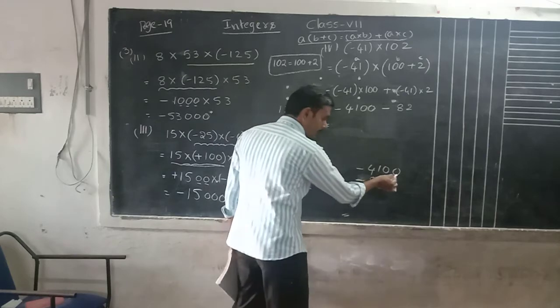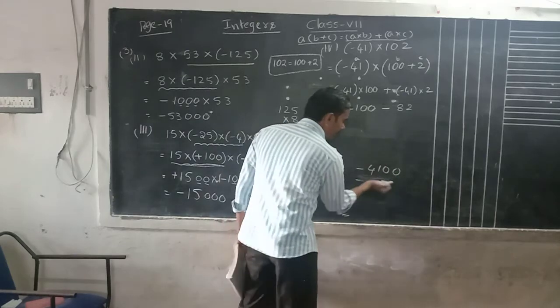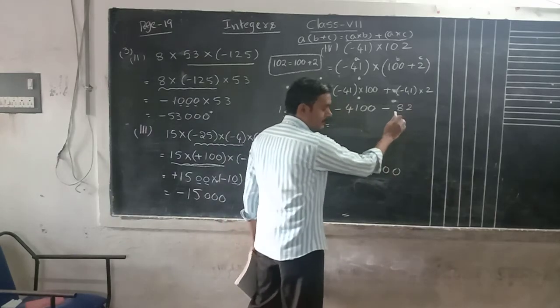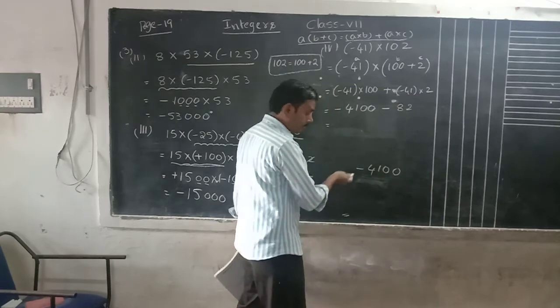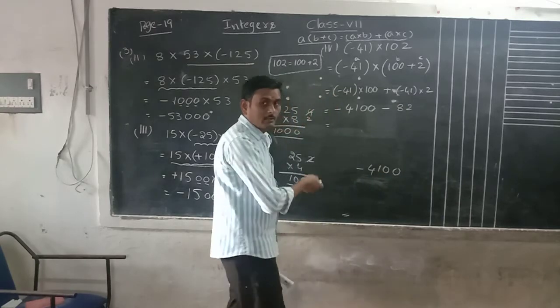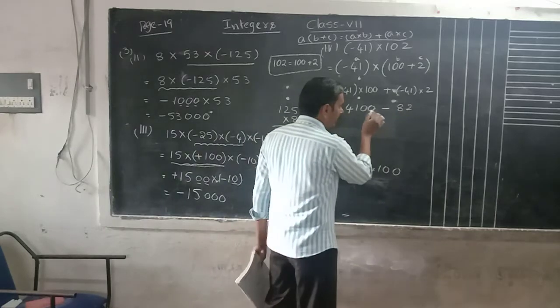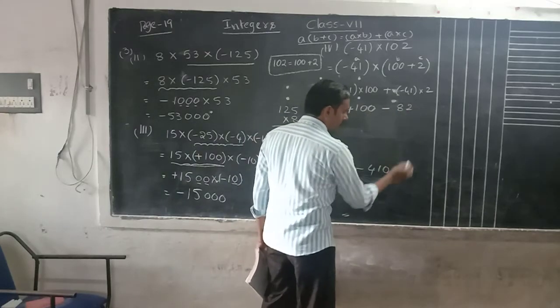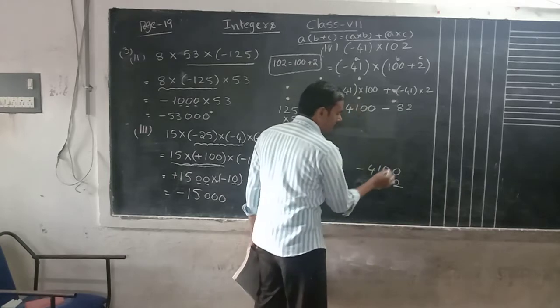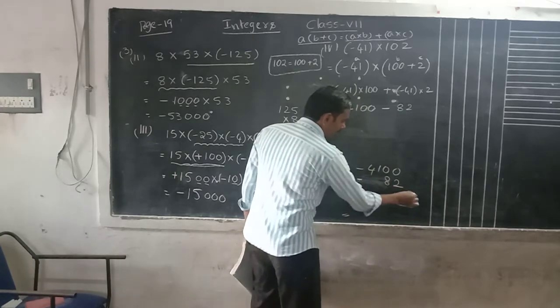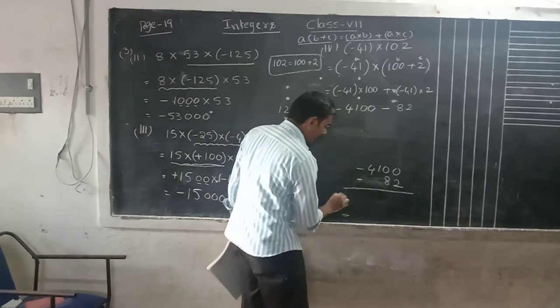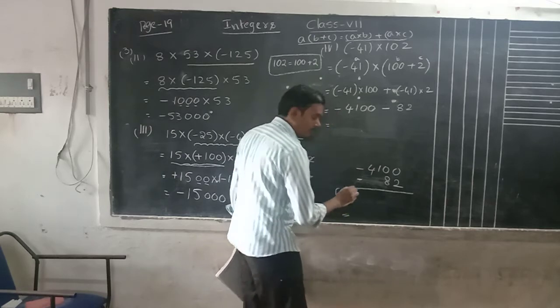Here, from the ones place onwards, we have to start writing. Ones place, tens place. One place below the ones place we have to write. First we have to take this written one. Now we have to take one place below, tens place below tens place. Minus. Both having minus, both having the same sign, what can we do?